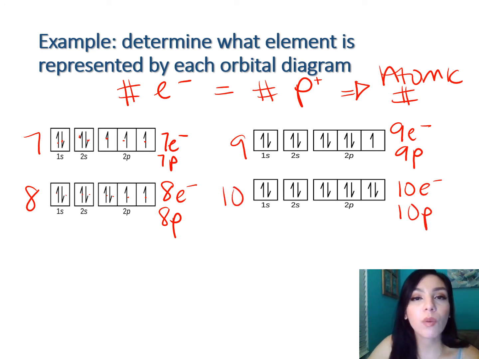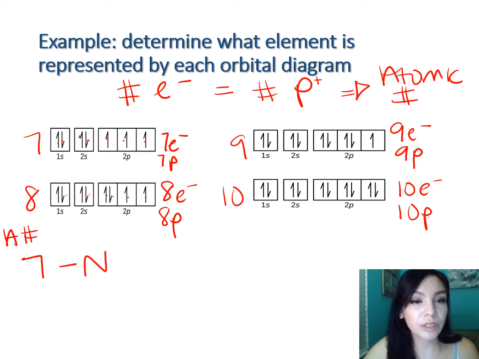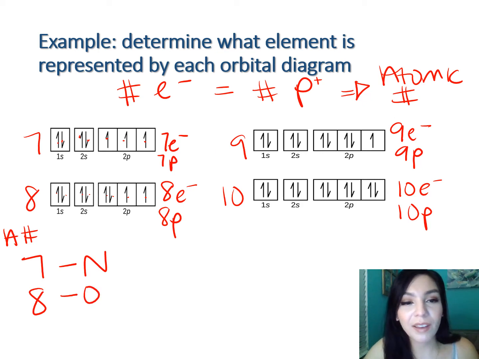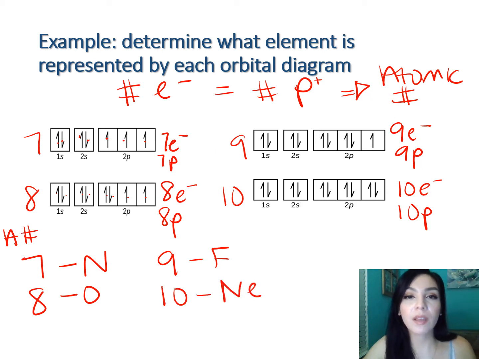Now let's find out which element is represented by each orbital diagram. So I pulled out my periodic table, and now I'm going to look at which element is which. So atomic number 7 is nitrogen. Atomic number 8 is oxygen. Atomic number 9 is fluorine, and then atomic number 10 is neon. So now we determine what element is represented by each orbital diagram. So we just counted up the electrons within all the orbitals shown